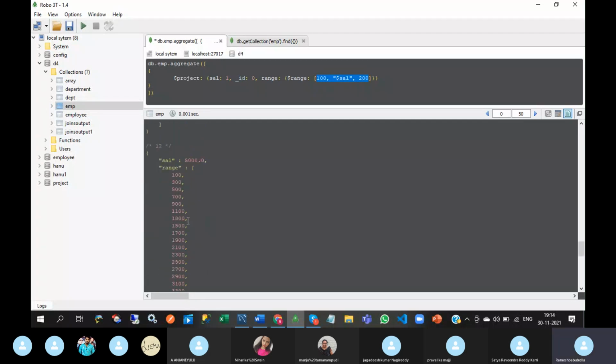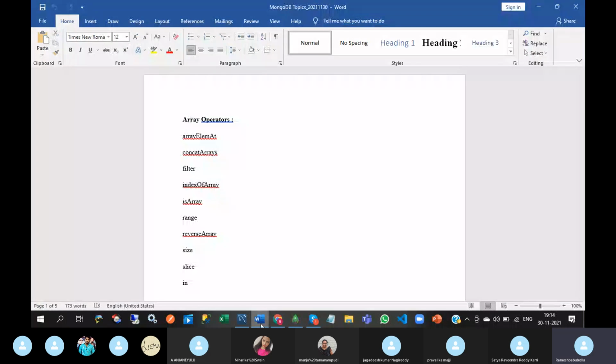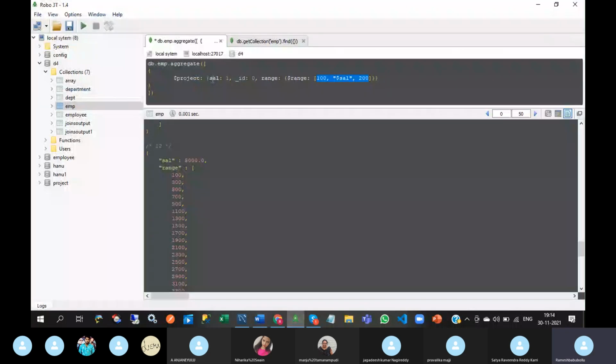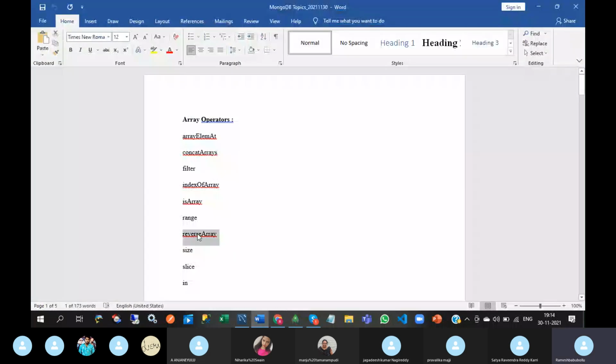Next, reverse array. All of you know about reversing an array. That means it returns an array with the elements in reverse order. So reverse.